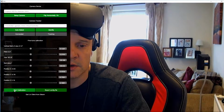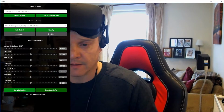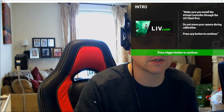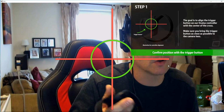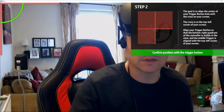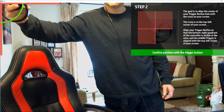So you come straight down to the bottom left where it says start calibration. Make sure you've got your headset on your head and your controllers are awake. I'm left-handed, so I'm using my left-handed controller. Click on start calibration and it will tell you in green, press trigger button to continue. So we do that. Now it's saying confirm position. The goal is to align the trigger button on your Oculus controller with the center of the cross. So you take this, put it up to the screen as close as you can and press the trigger button to confirm. Now it's telling me to put my controller in the top left, but for this you have to step away a bit. So come back about two or three feet, put it up here in the corner